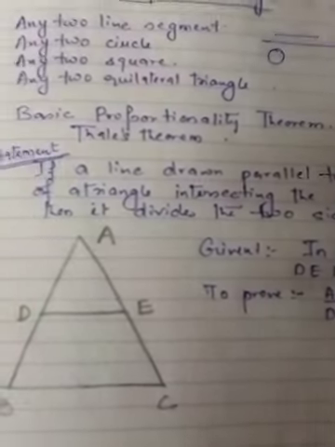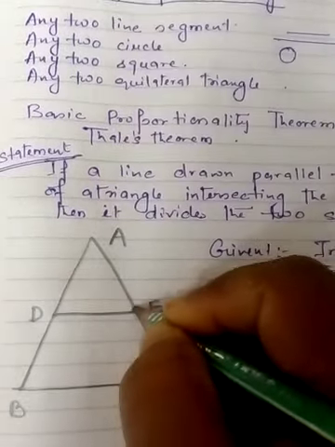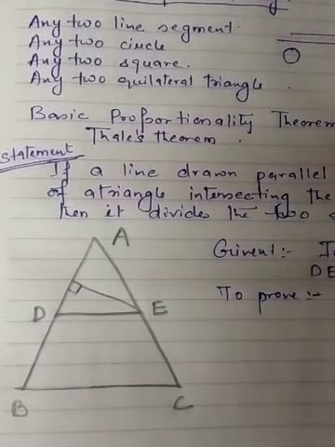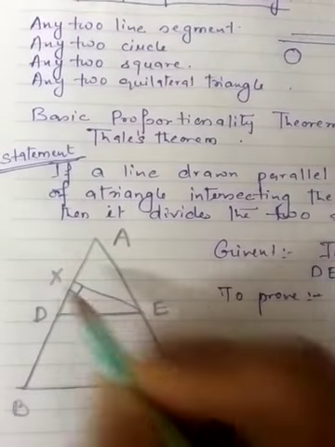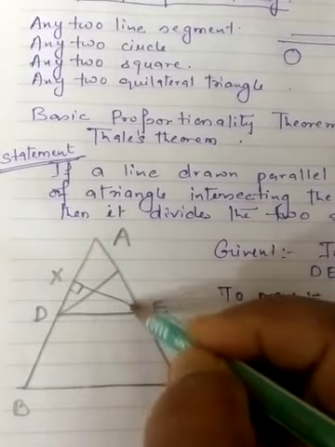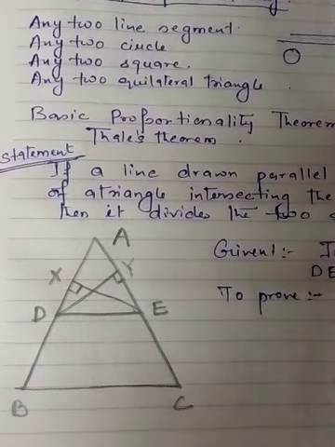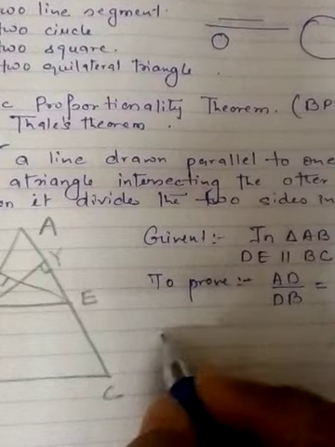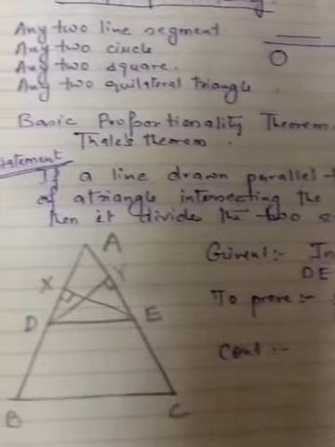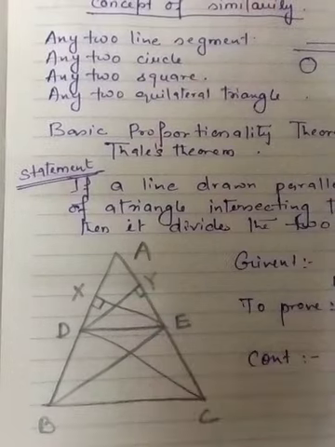Now, I am going to do some construction in this question. The construction will be, I am going to make a line which is perpendicular from E on AD. Let it be X. And I am going to make another line which is perpendicular on AE from D. Let it be Y. So, I have done a construction, and I joined DC and EB also. I joined DC as well as BE.